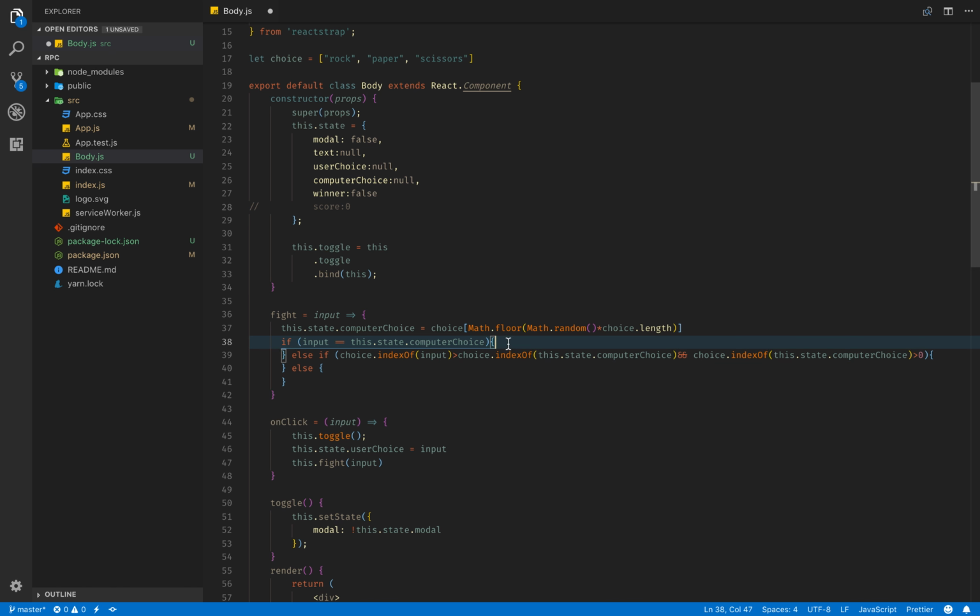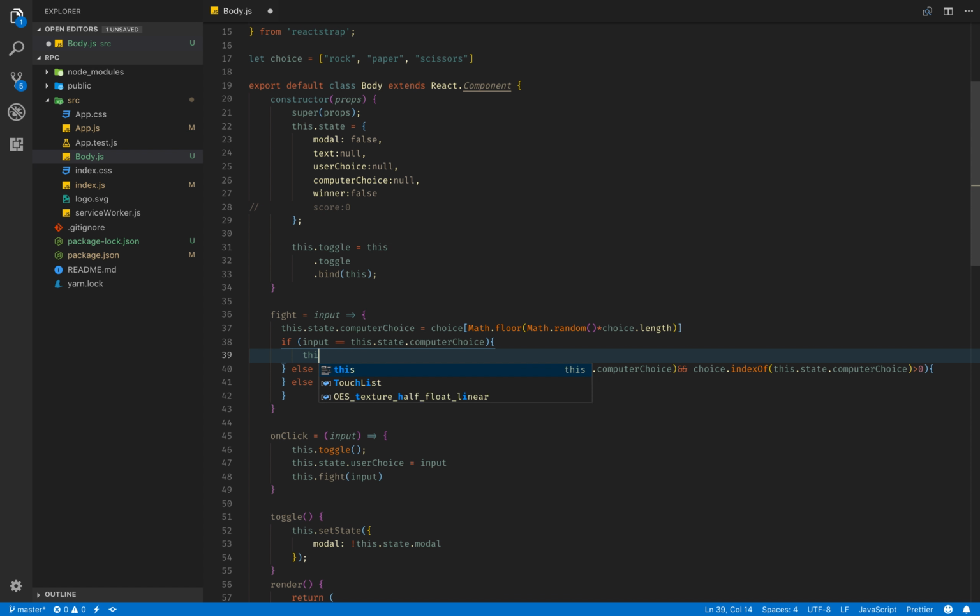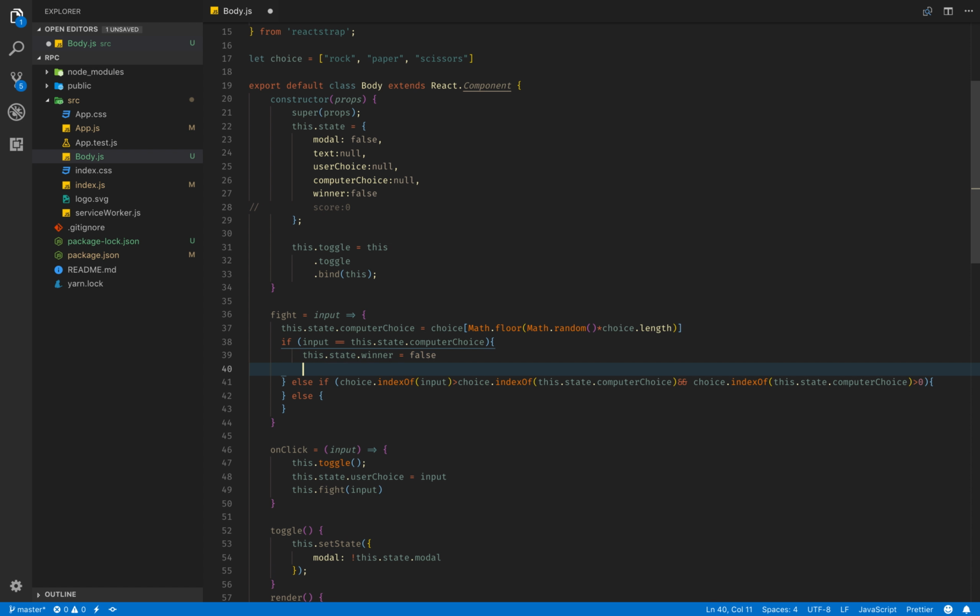Cool. So if that works, what do we want to happen? First, let's change the winner state. We're going to say it's false, because this is the instance where it ties. And tying is not a winner, no matter what your parents told you. My mom and dad lied to me. All right, so then we're going to say